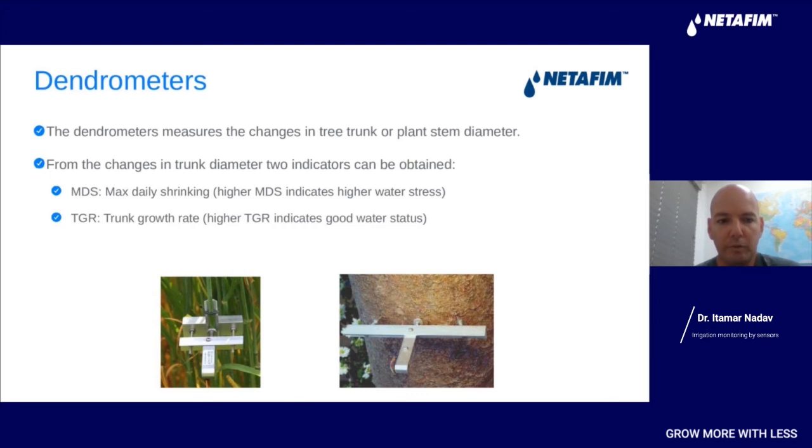First of all, we have the MDS, which is the maximum daily shrinkage. Higher MDS means higher water stress, and I will show you it in a second. And the second term that we have is the trunk growth rate, and a higher trunk growth rate indicates good water status. So if we go to the next slide,